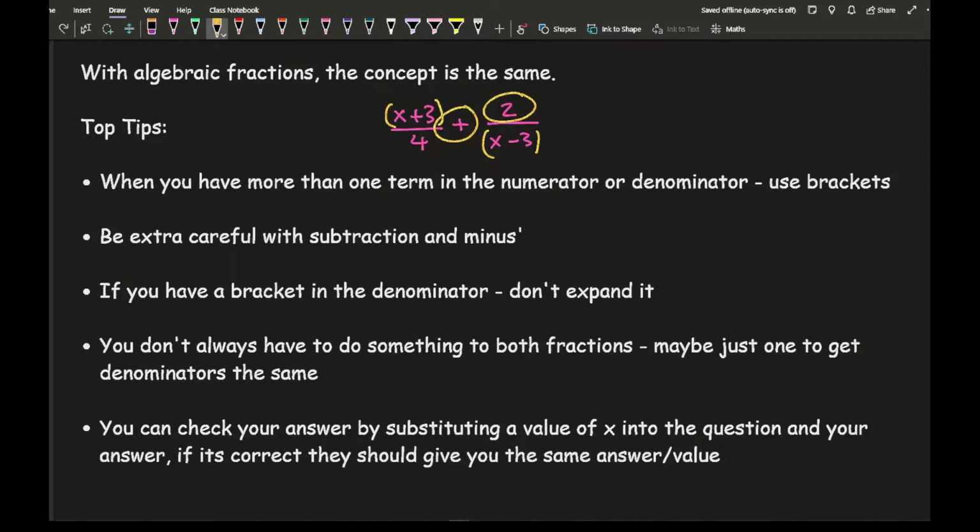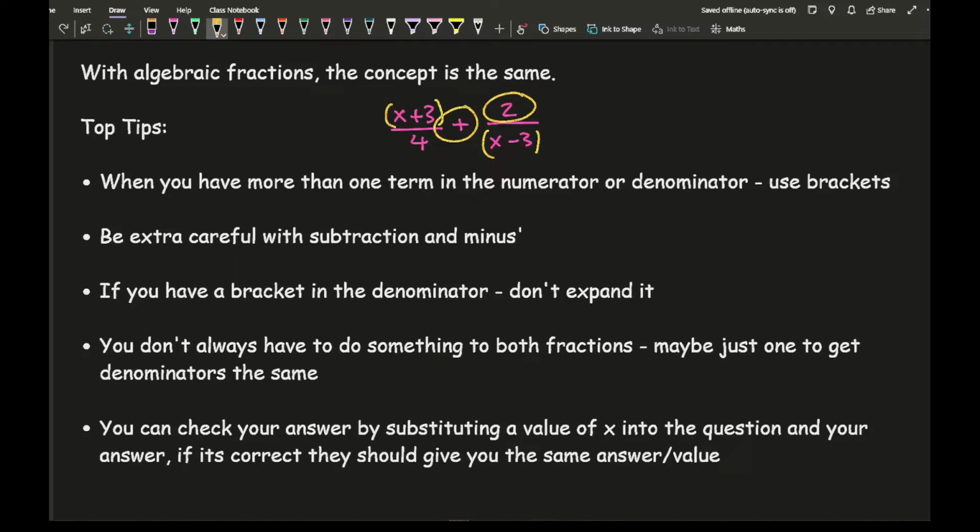The next one is if you have a bracket in the denominator, don't expand it. Now this kind of follows in when we're looking at simplifying algebraic fractions with factorizing, but the general rule is expand out any brackets you've got on the top, but try and leave the bottom unfactorized, so keep the brackets in the bottom. And the next tip is you don't always have to do something to both fractions, so maybe